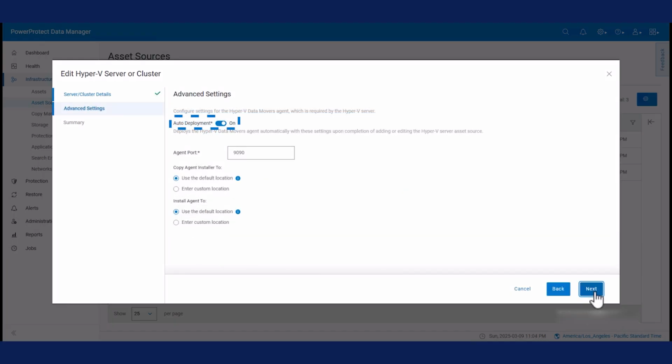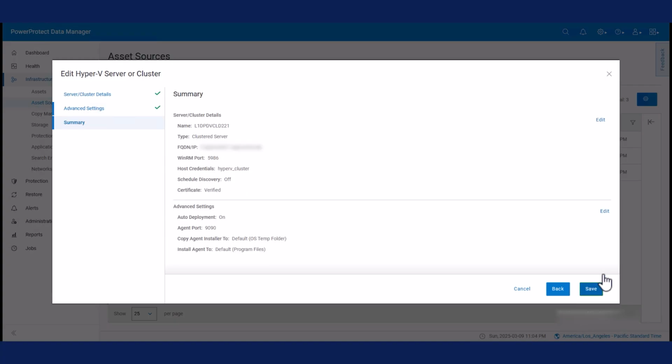Check Auto Deployment to ensure that the Hyper-V Data Mover or agent is installed automatically. You can also change the path the package is copied to and the installation path. Once the configuration is saved, standalone VMs will also be discovered automatically. Repeat these steps for each Hyper-V node.